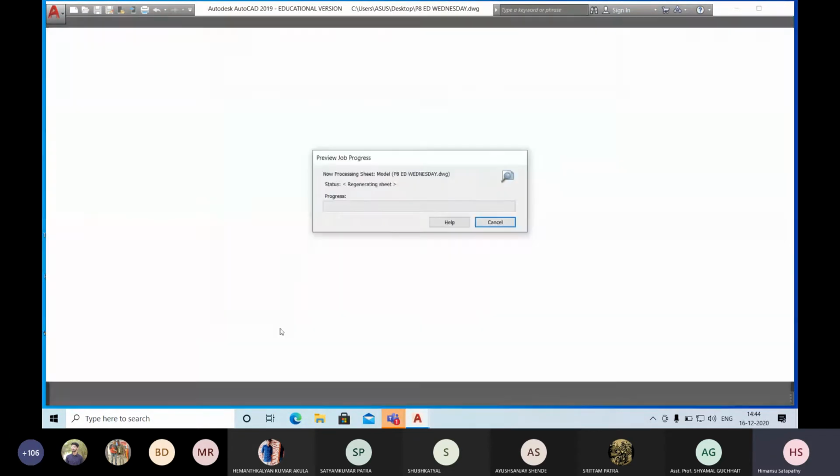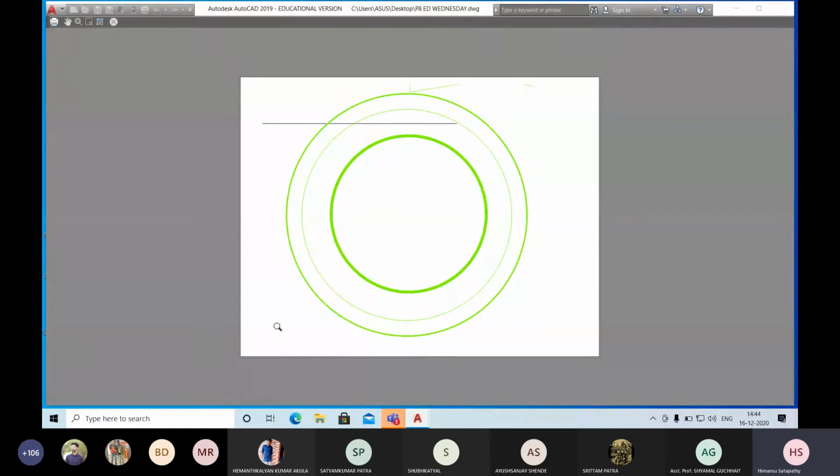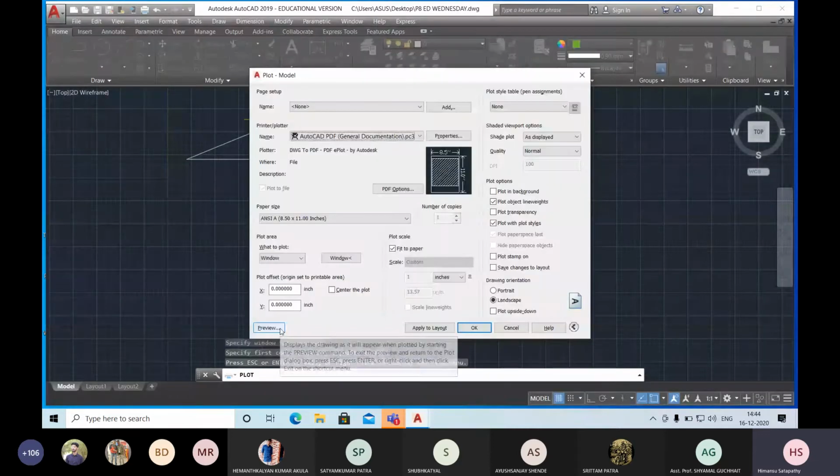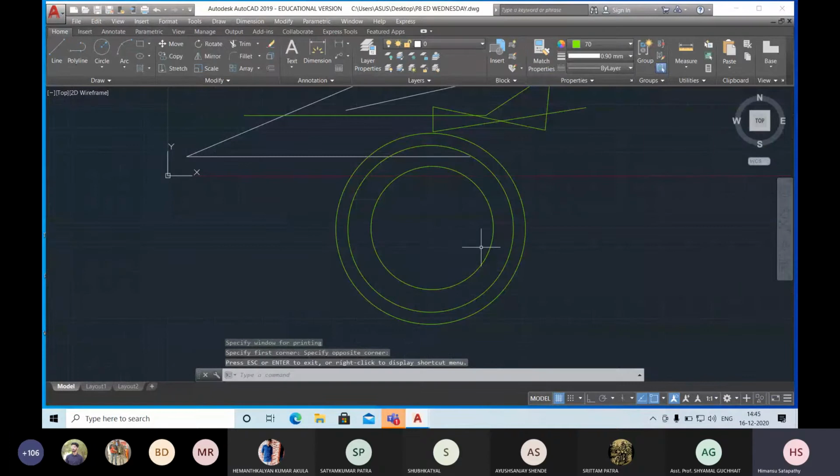Now you can click on the preview and you can find the difference: 2.11 mm, 0.9 mm, and 0 mm. All the line thicknesses you can now easily view from the print option. Otherwise, on your computer screen, you could not find any difference in these three lines.